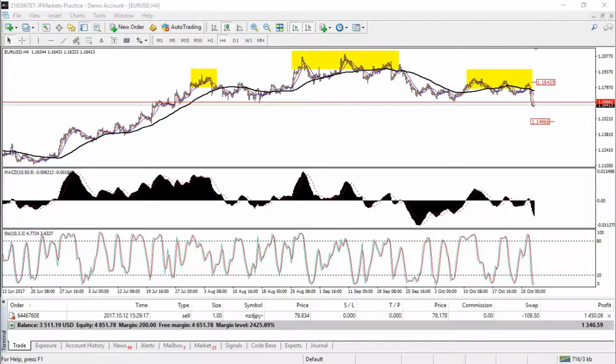Good morning, traders. Let's have a look at a possible head and shoulders break on the euro dollar that is happening right now. On the euro dollar in the 4-hour chart, heavily zoomed out so we can see a lot of history, we see that we have, while not perfect, a pretty good head and shoulders build here. If we consider this as being the head and then we have the shoulders on the side,